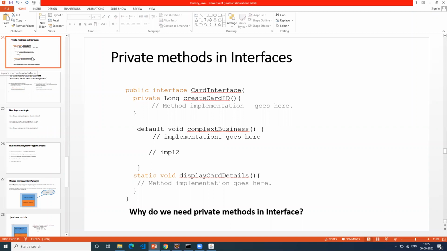Is there any limitation to define default methods inside the interface? You can have only one default method. But here we have used some other methods, like static methods. Yes, static also. You can have default methods as well as static methods. Did you attend the default methods topic which I covered last week? I think I have covered all of them. Okay, thank you. Now coming back to the next topic.